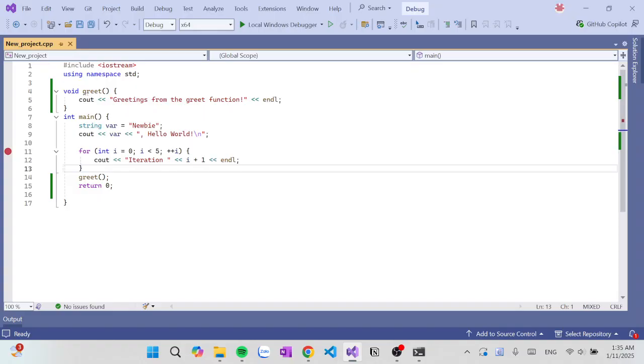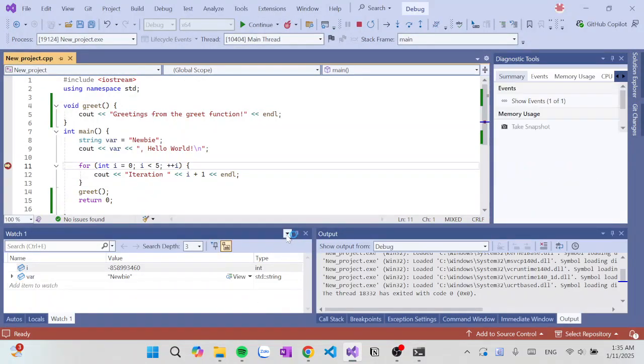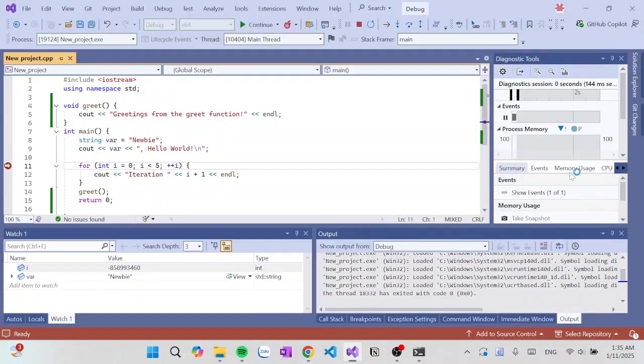Now when we start debugging, you guys may see a lot of windows open here. They're useful because they help us to keep track of the variables. First one is the data tips. So for example, you need to find the value of a variable.